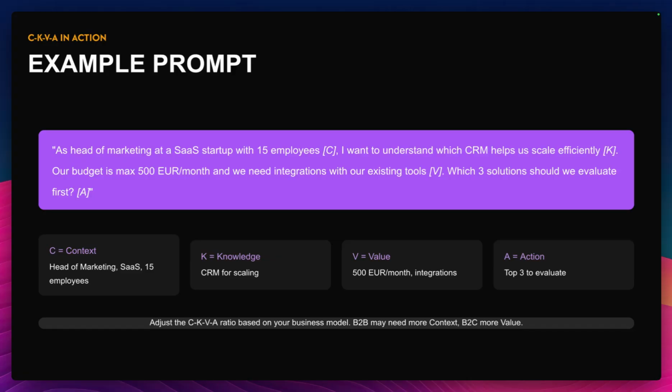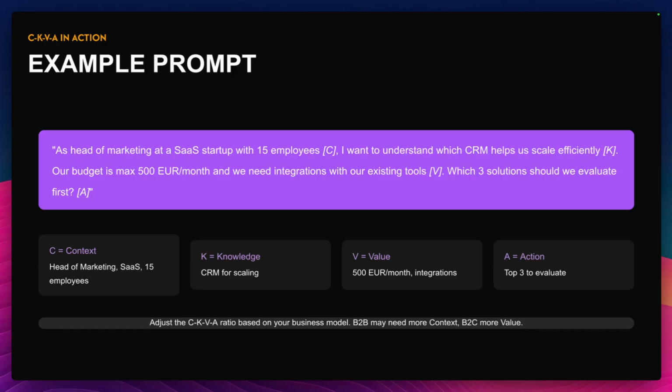For the CRM example, whatever example comes to your mind, but I can just say that as a CEO of an online marketing agency, I'm looking for a CRM that integrates well with AI tools. And I don't know if I would even look for prices, and give me a comprehensive overview table to compare, something like that, maybe.